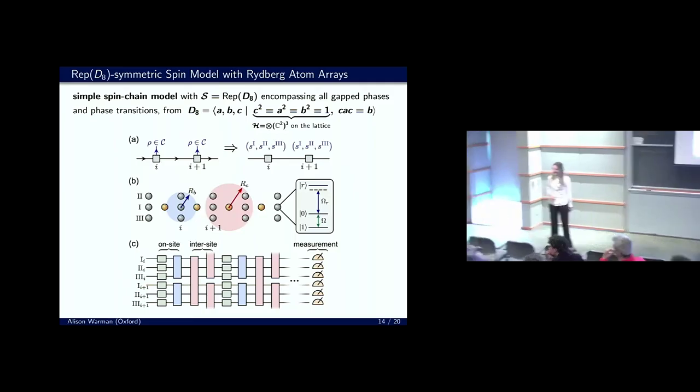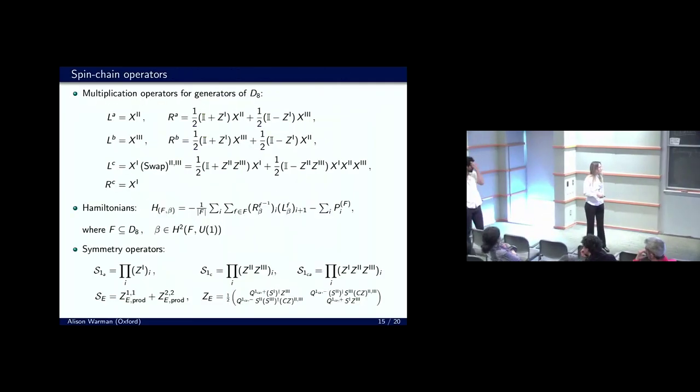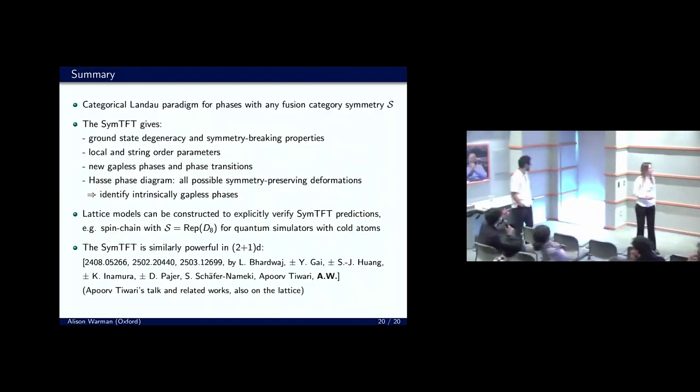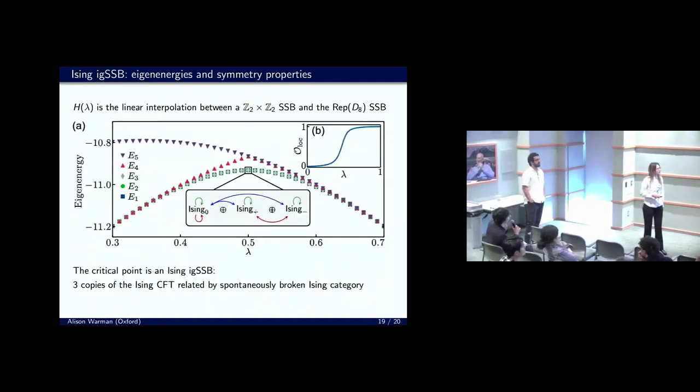And for the gapless SPT, does the SymTFT picture give you any insight into the edge mode of the gapless chain, the 0 plus 1D? Sakura and collaborators wrote a paper on the SymTFT with boundaries, and Christian wrote a paper on this boundary SymTFT. So the SymTFT can also give insights on boundary modes, where one fixes a module category at the edges. But we haven't applied it to this case. Okay, in this case. Thanks.